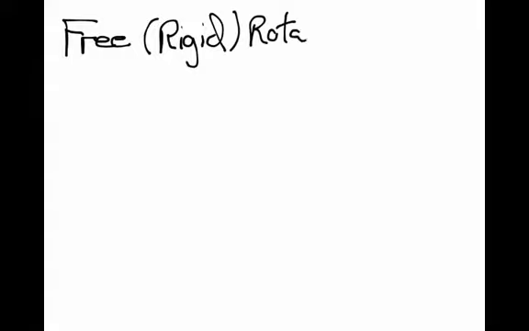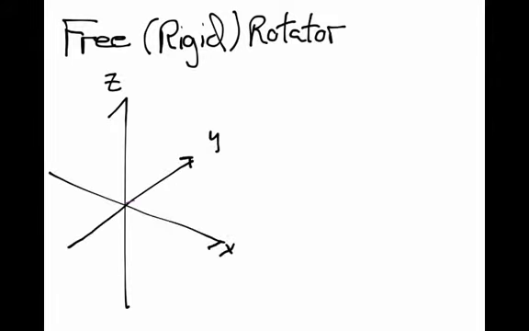Now we're going to free up our little rotating object and let it rotate freely in space. So to a physicist, this problem is called a rigid rotator. It's a free rotator. And to set it up, the first thing we need to do is get our spherical coordinates straight. So here we've got the x, y, and z Cartesian axes